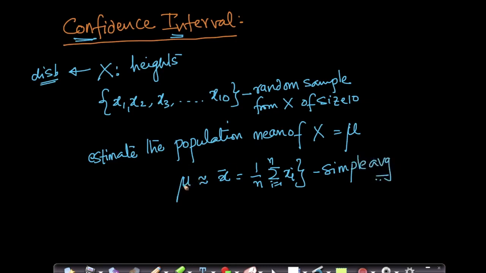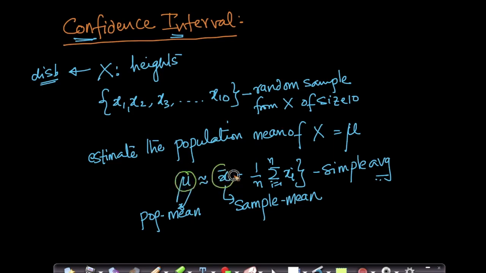Now, when I'm estimating the population mean of x, if I use this, it is called the sample mean. And this is my population mean. Of course, this is approximately equal to this. While this is interesting, like I can estimate my population mean to be equal to my sample mean,